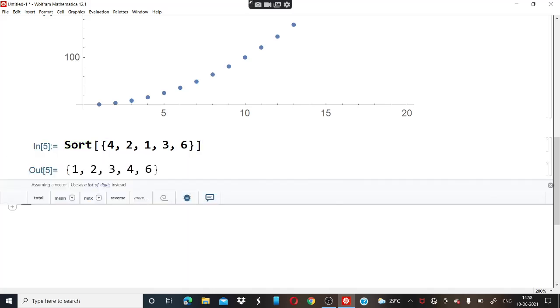So in short, what it is doing is writing the smallest element in the first place, the second smallest element in the second, the third smallest in the third place, the fourth smallest in the fourth place, and the fifth smallest number in the fifth place, and it is making a list of that. So this is called a sort, and for directly computing such things, we directly write this sort function.